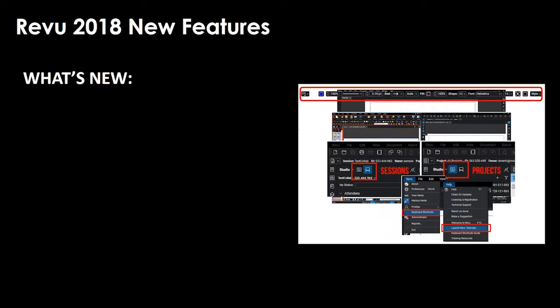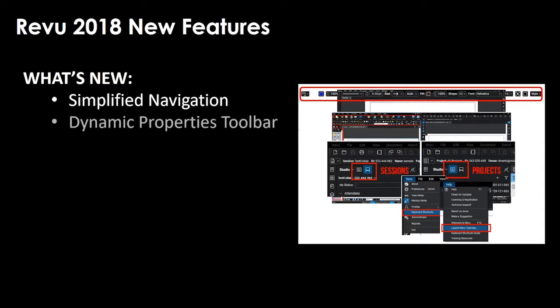What's new in this particular release? Again, I will mention these items. In theory, simplified navigation. For those of you who have memorized everything in older releases, it won't seem so simple initially, but you do get used to it fairly quickly. There is a new dynamic properties toolbar, which means you don't have to open this huge palette taking up part of your screen. View and markup mode: we've eliminated something called Bluebeam View, and now in the file pull-down